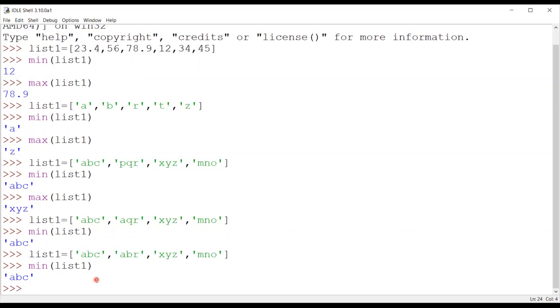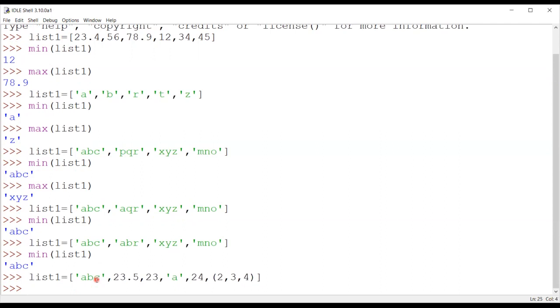But you need to take care of one thing, that your list should be of homogeneous type of elements. I can give you one example, and I can show you practically. First I'm taking this, then I'm taking one float value, then one integer value, then again one character and this, right? Or I can take a tuple as well inside my list. So this list is okay, right?